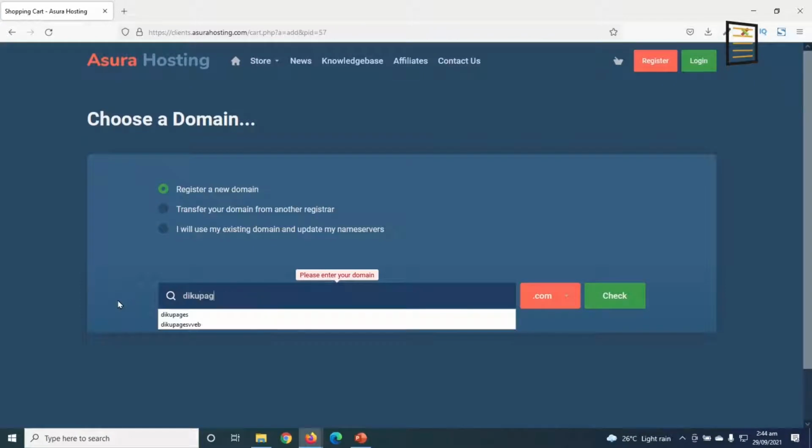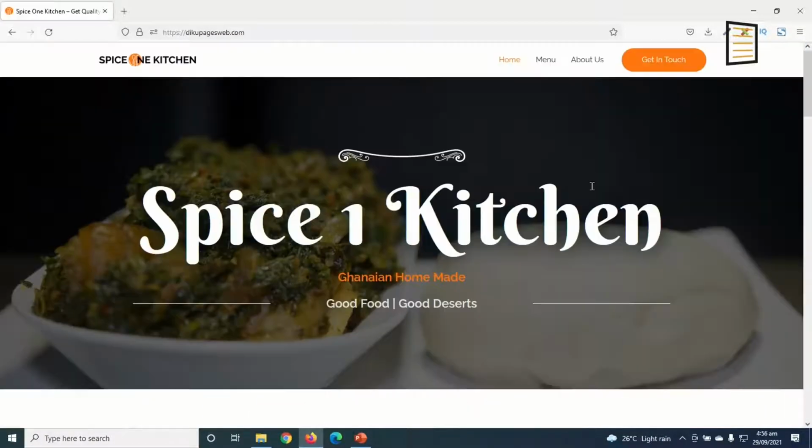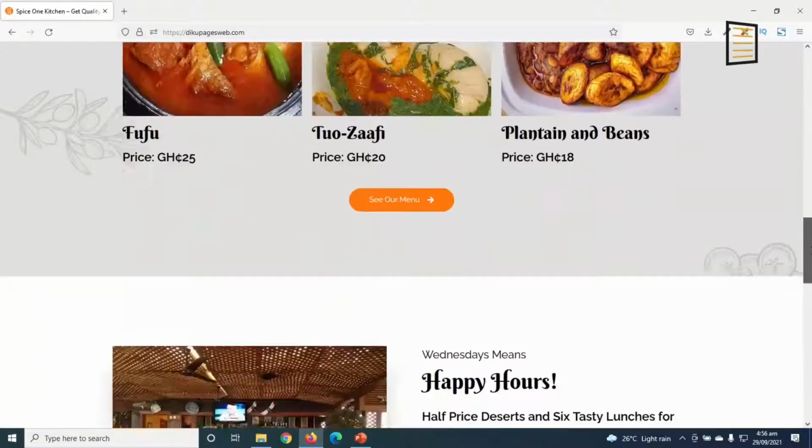I'll show you how to get your very own custom domain name and web hosting. I'll show you how to install WordPress for your website. WordPress is the free software that we'll use to make our website and also customize it the way we want. And don't worry if you are new to WordPress, because I'm going to hold your hand every step of the way. I'll show you how to design the home page,